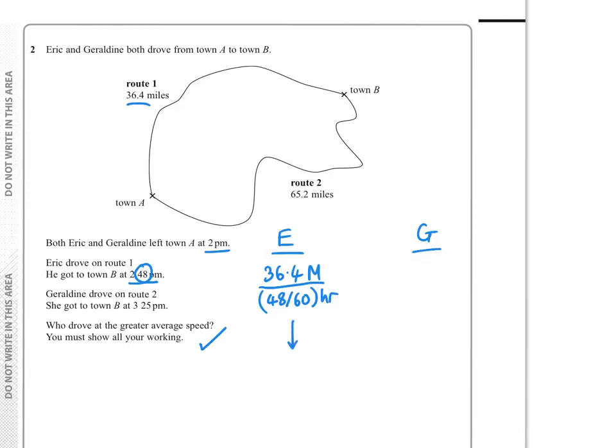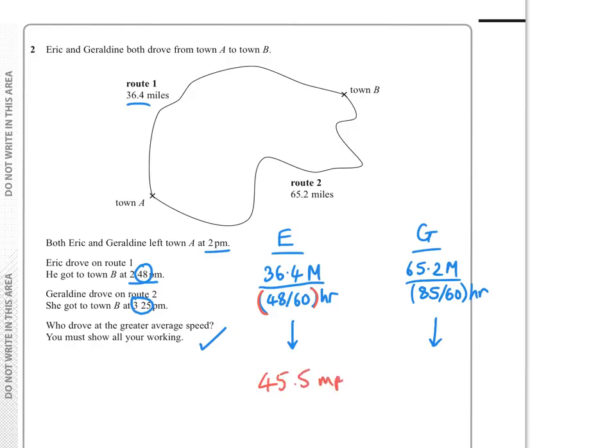And then for Geraldine, we've got 1 hour and 25 minutes, and the route is 65.2 miles. So that's 85 minutes, that's an hour and 25, so that's 85 60ths of an hour. And then we can work that out in miles per hour. So let's have a look at Eric's. That's 36.4 divided by, and then bracket, don't forget, or you can do that separately if you want, but I'm going to do it all in one go. So 48 divided by 60, close bracket, and I get